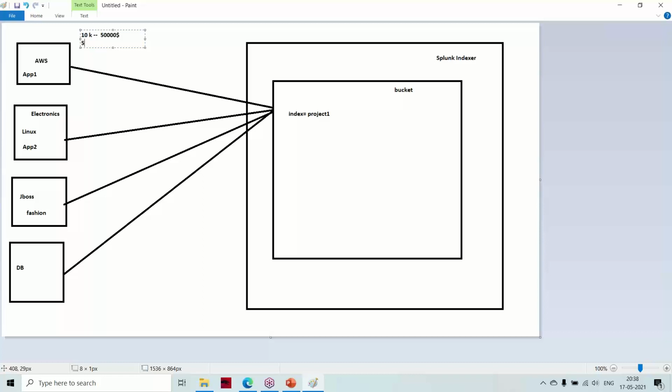If I have something like 50K servers, and I start getting the data from 50K servers, it will be multiplied. No, Splunk will charge you based on the data you ingest into the indexer. If you are ingesting 1 GB,